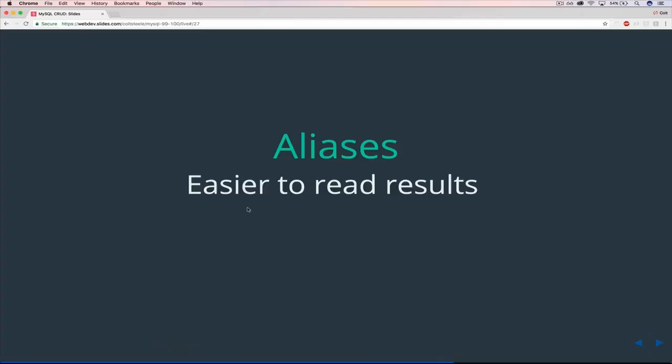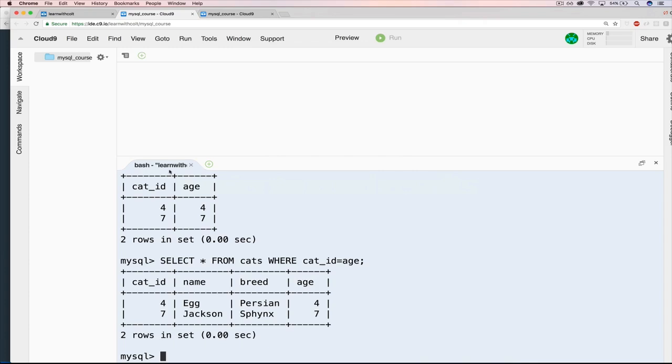All right. So one more thing we're going to talk about with reading data when we're talking about CRUD, before we move on to updating and deleting, there's one other thing, which are aliases. These are really simple, a very short video here. Basically, we can specify how our data should be displayed back to us. So what that means is, rather than having cat ID, name, breed, and age here, I could tell MySQL that